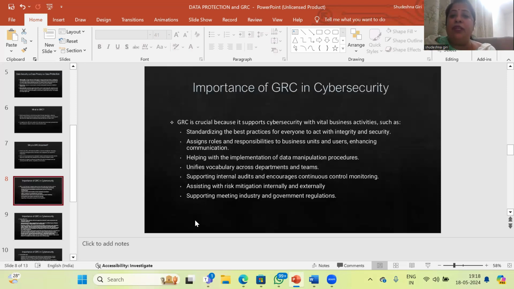You also support meeting industry and government regulations. So there are a lot of norms and regulations worldwide, which are being formulated and implemented across the world. Such rules and regulations, we also have to come to know about, and also abide by that law. European law may be different from Indian law. So that's how we have to differentiate between which countries they belong to. And accordingly, we have to abide by the GRC, and the GRC model has to be implemented accordingly.